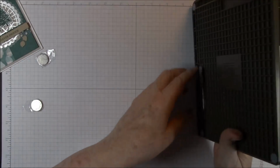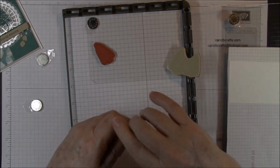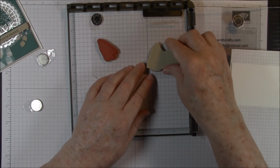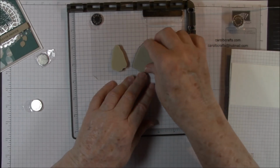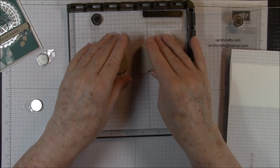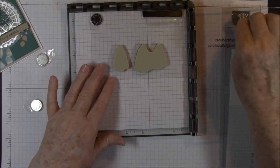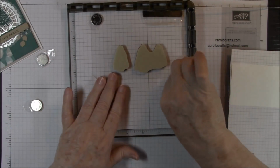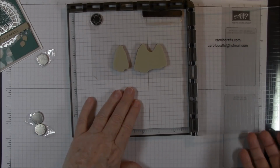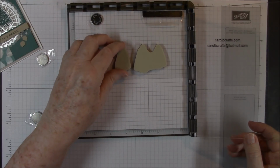I may use my bar here just because I can use my bar with the clear mount, but the bar, I don't do so well with the bar and my photopolymer stamps. So let's go ahead and make our first image. Once we've lined those up side by side, we know we're going to have to